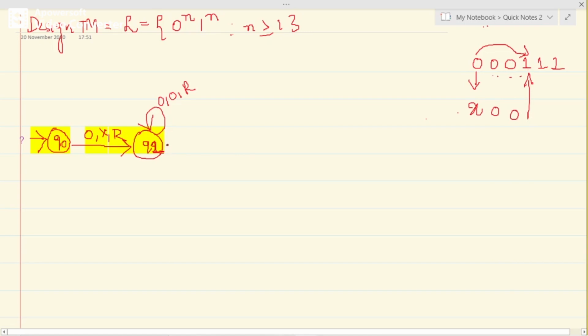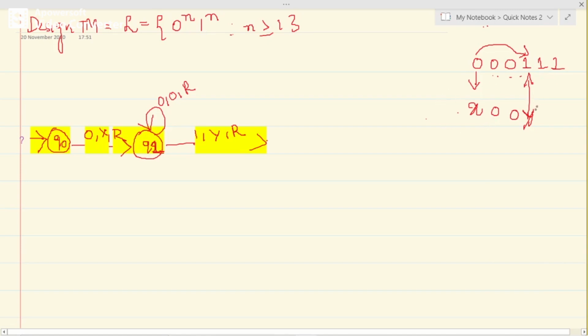When I get 1, I will change that to y. After changing 1 to y, I should again search back for 0, isn't it?